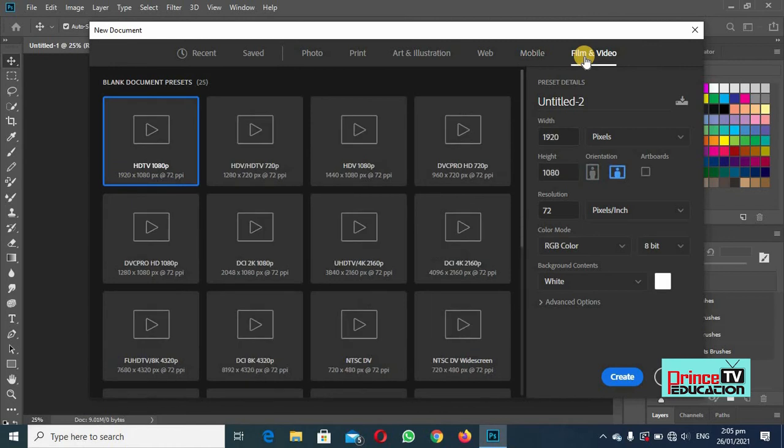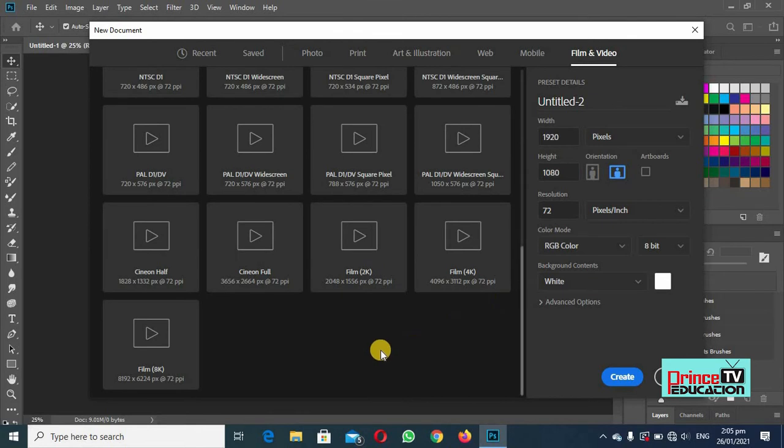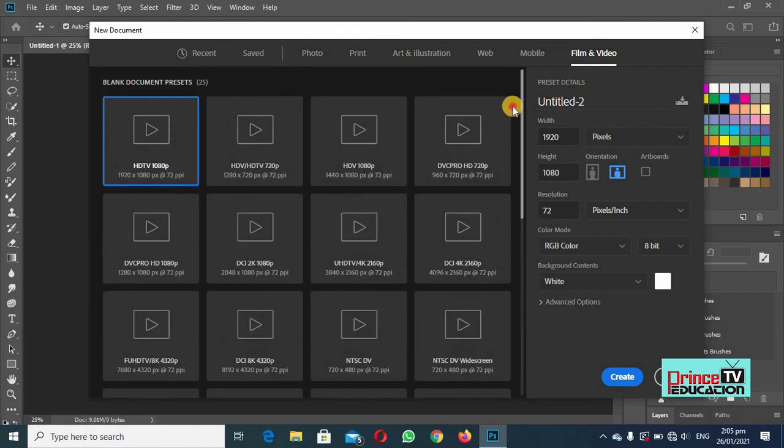And if you are working on Film and Video, you can also see which type of thumbnail of a video you are going to make. You can just click on that and it will appear. Like if I am working on an HDTV file type, in which we have to set the pixels of this orientation, we can just click on it and we will go to this video. If we don't find any type of dimensions which we are working with, we can select them by ourselves.